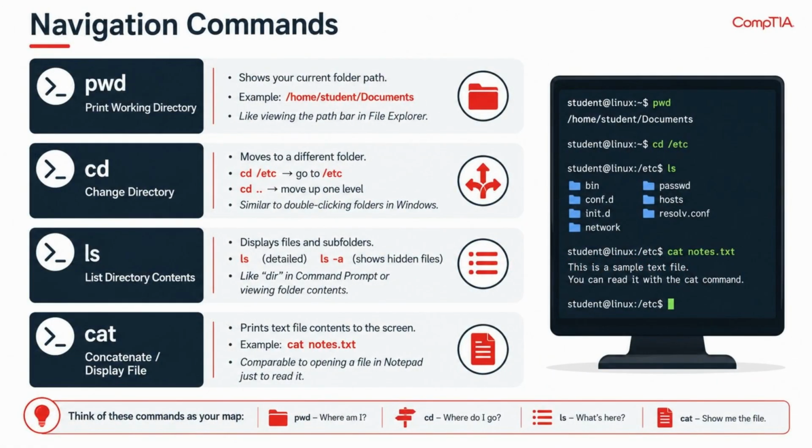PWD, Print Working Directory, shows your current folder path, like viewing the path bar in File Explorer. CD, Change Directory, moves you to a different folder, similar to double-clicking folders in Windows. LS, List Directory Contents, displays files in subfolders, LS -l for detailed view, LS -a to show hidden files, comparable to dir in command prompt. And cat prints a text file's contents to the screen, similar to opening a file in Notepad